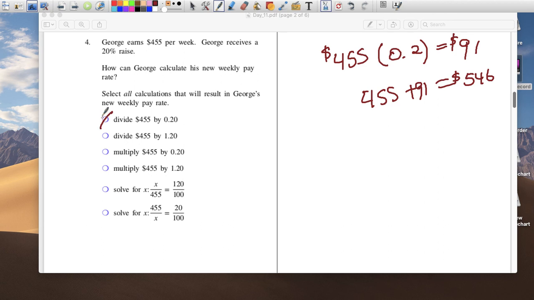So this one is definitely a no. This one was half true. Well, anything that says divide, we're going to ignore. Multiply by 1.20. Well, this is the long way of doing it, and the short way of doing it was